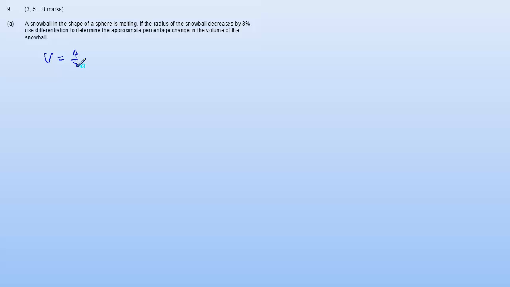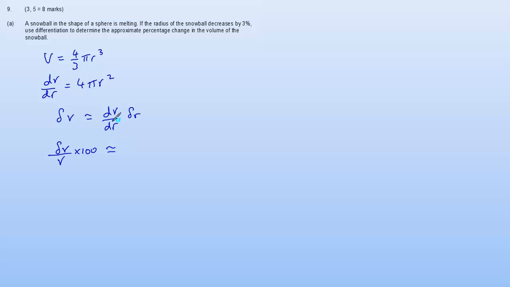V is 4/3 pi r cubed. So dV/dr is 4 pi r squared. We know that that means that delta V is approximately dV/dr times delta r. Now we want to make this into a percentage. So delta V over V multiplied by 100